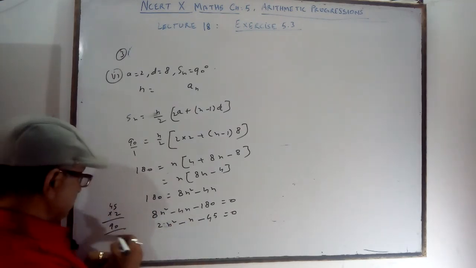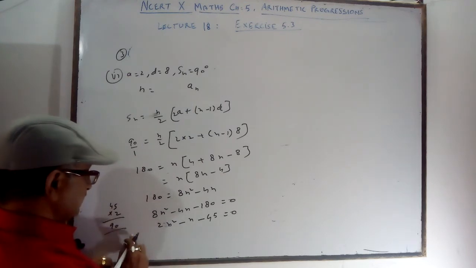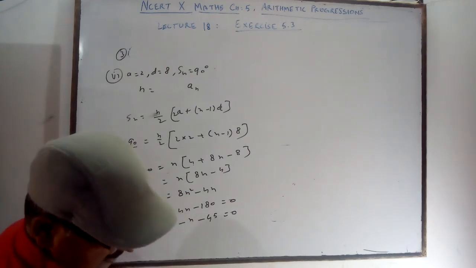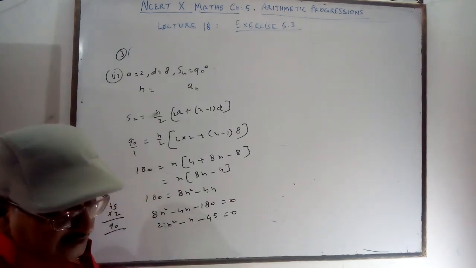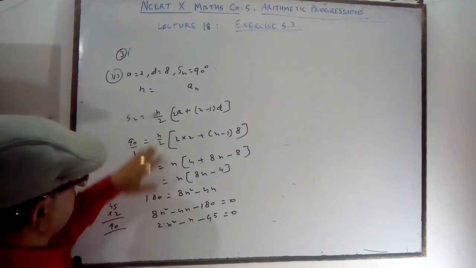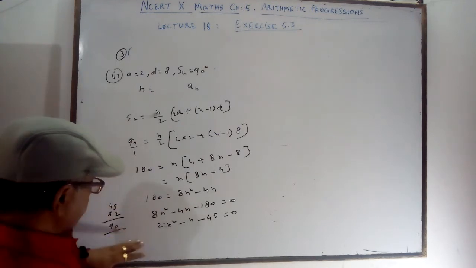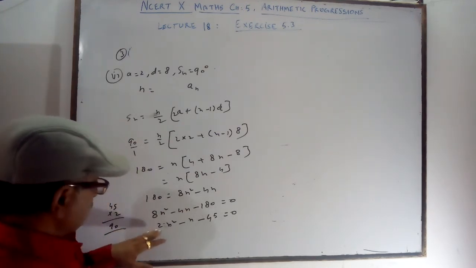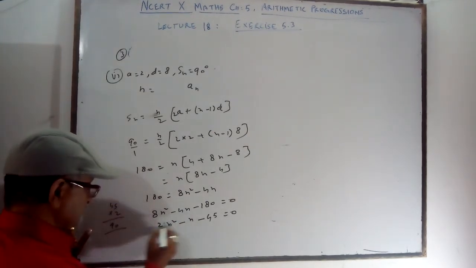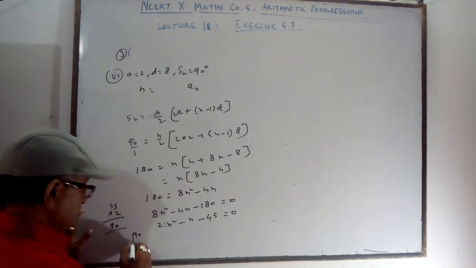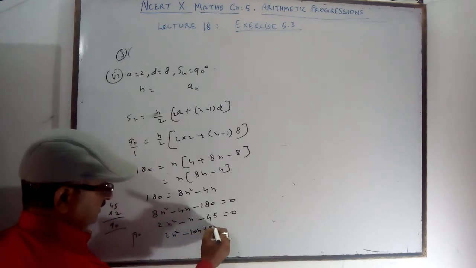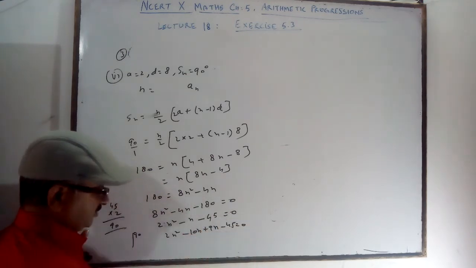Middle term factorization, you are getting 90. 90 factorization, what will you get? Then what is your answer? How will you do it? 2n square minus n, 2n square, then 90 you factorize, where the difference is minus 1. 90, 10 9 are 90, 2n square minus 10n plus 9n minus 45 is equal to 0.